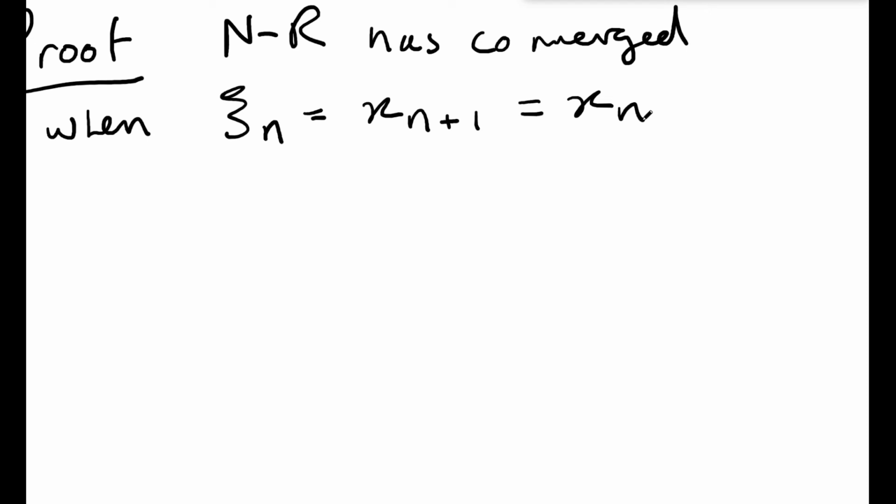I'm substituting my variable psi into the value of xn, but basically xn plus 1 equals xn when it's converged. So if you substitute those into your Newton-Raphson formula,